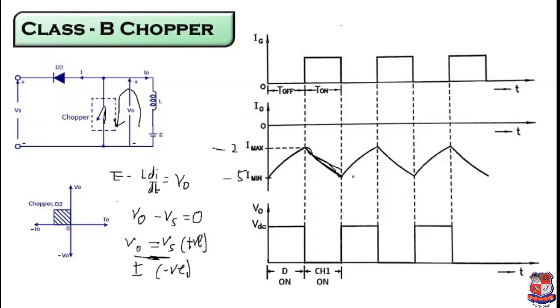So as a result, current always remains negative, but output voltage would either go to 0, or it will have some positive value. Okay, so this type of class B chopper is suitable for regenerative braking. Okay, so you consider this as nothing but a DC motor which is able to supply current, and over here you have a battery. So when you have output voltage greater than input voltage, then you can say that this type of chopper can be used for regenerative braking operation.